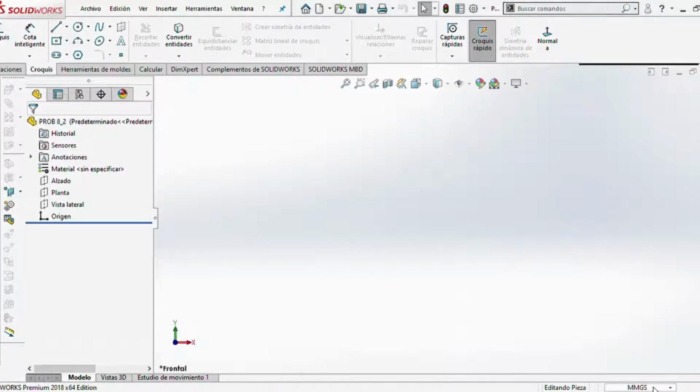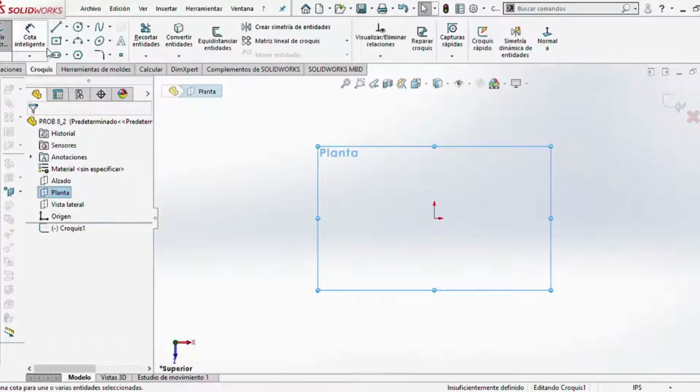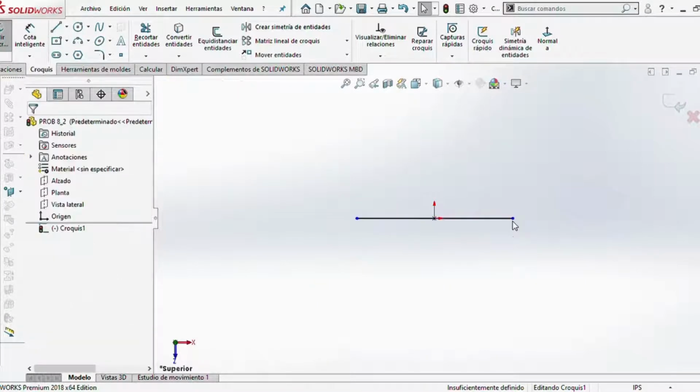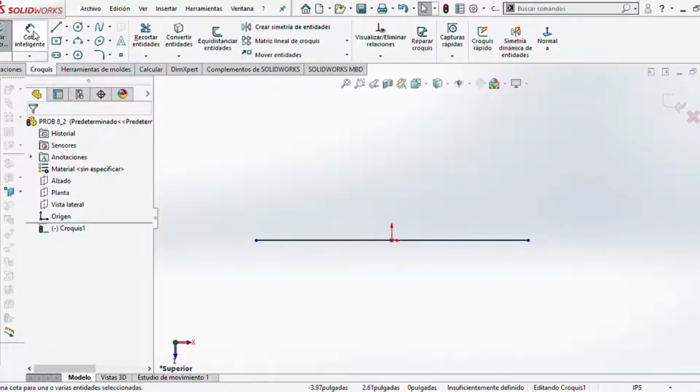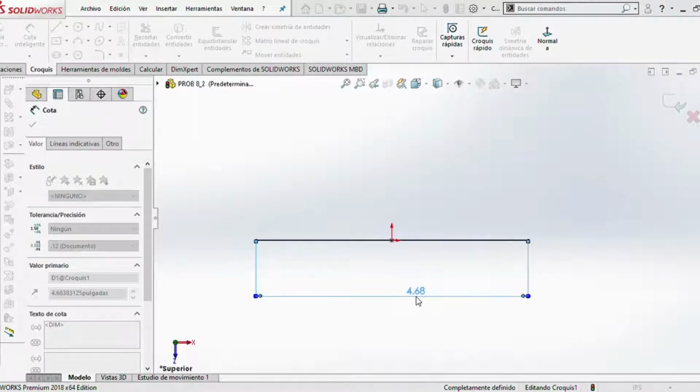Then the second thing that we have to do is just to identify if our handwritten sketch is in millimeters, centimeters, meters, or in this case, inches. And just to change this configuration, we are going to select top plane, normalize it, open a sketch, and immediately start drawing. In this case, I'm going to select a line from the center, with smart dimensions. I'm going to assign a value of 1